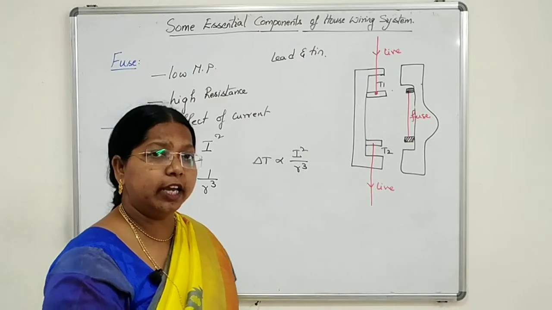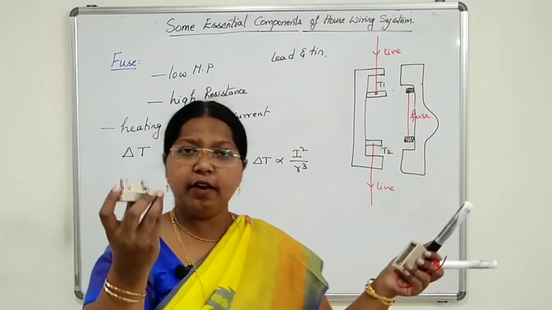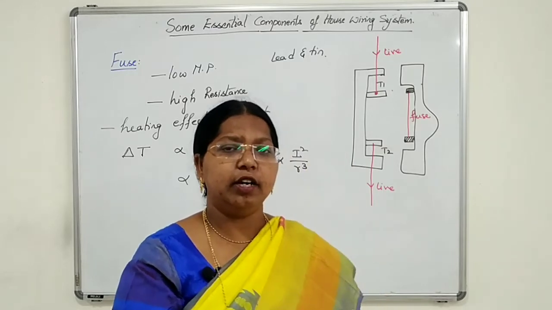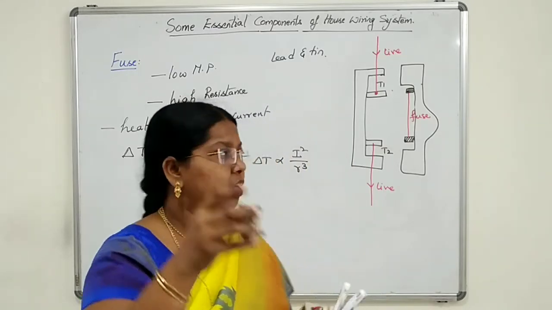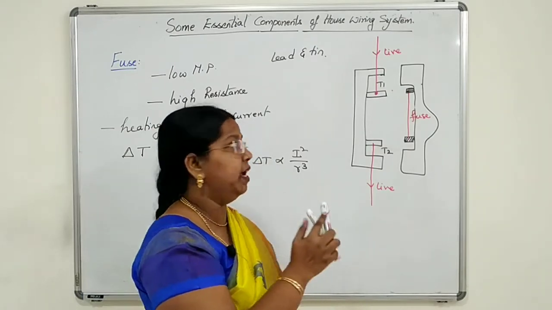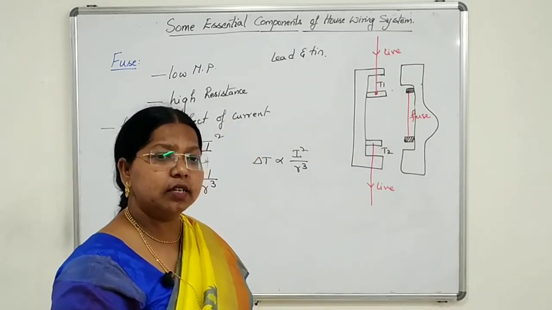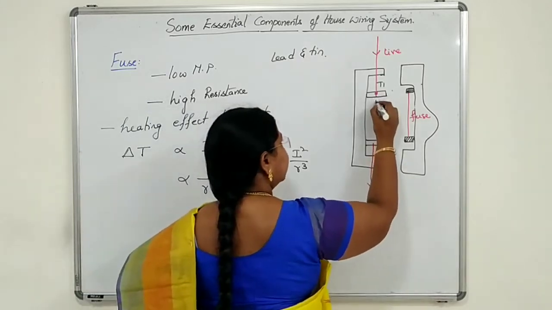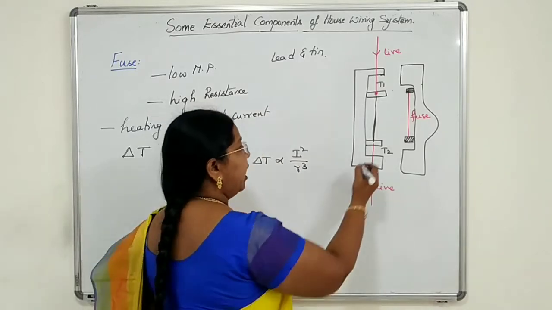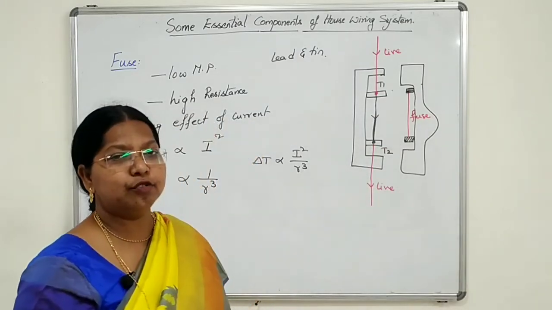If we keep this socket and plug in connection, if you keep them back, I have removed now. So you can clearly understand now, this is a socket and you are having the plug with fuse wire. So if I keep this plug into the socket, the connection is made between the lines. The connection is made. Clear, students? So now when we will keep this inside, the connection is made here between T1 and T2. So now the current will flow with the help of the fuse wire.